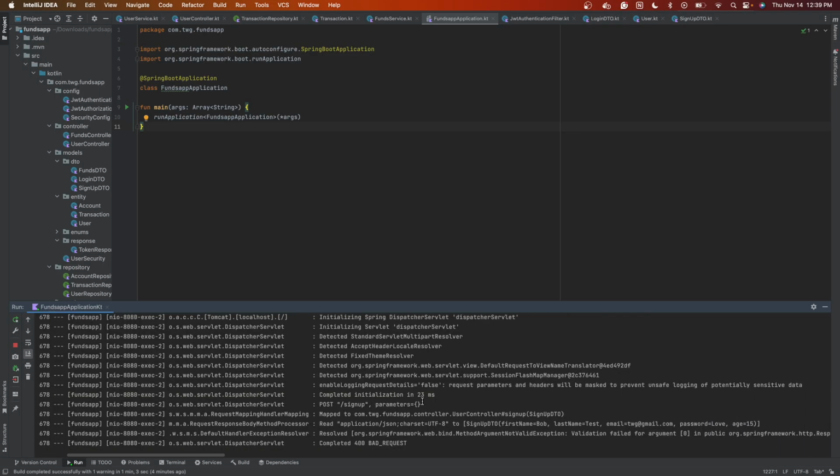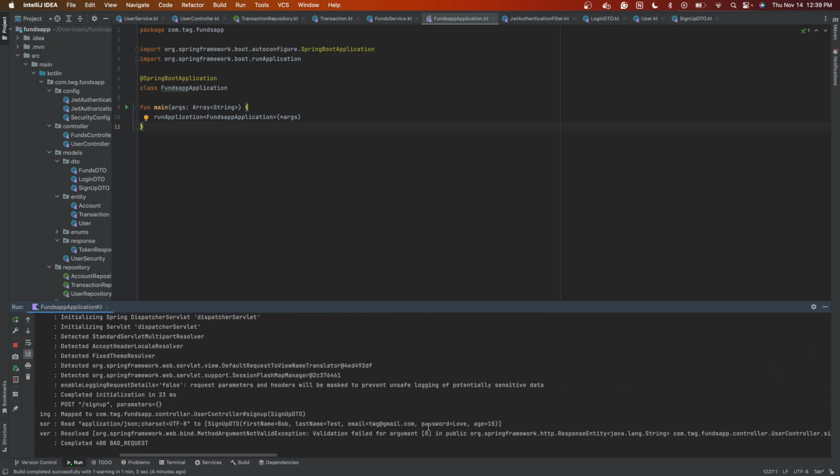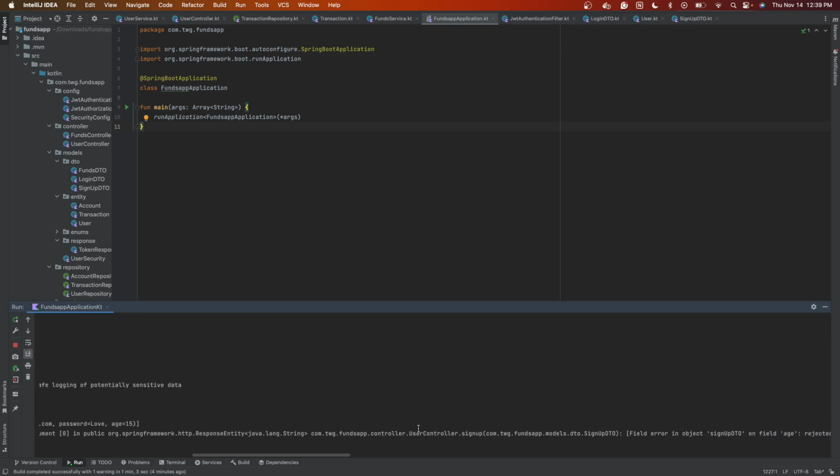So here I am in the application. You can see that there's a validation issue. And if I go a little bit more to the right, you can see that the SignUpDTO was rejected based on the age value. So internally, the validation is working. It's just that in the future, we're going to make sure that we handle that validation error properly. And that's why the global exception handler is going to be very important. But at least we know that it's actually